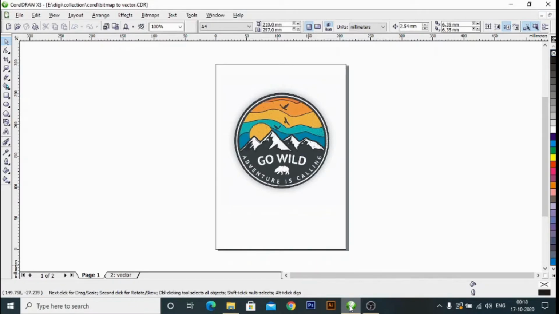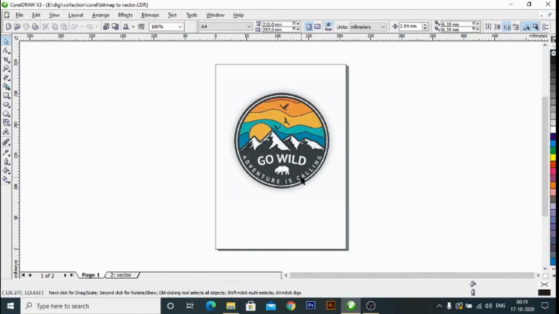Convert bitmap to vector. So do you know the difference between bitmap and vector? I'll tell you first. Bitmap is a graphic image. Bitmap represents the value of a pixel in an image. If you zoom or enlarge the image, it will pixelate. And then vector is a graphic artwork made up of points, lines and curves. That means no matter how large or small or how close you zoom in on the image, the lines, curves, and points remain the same.